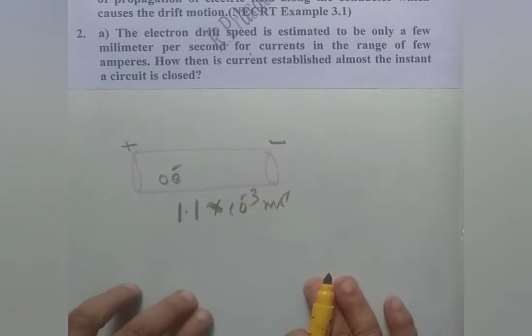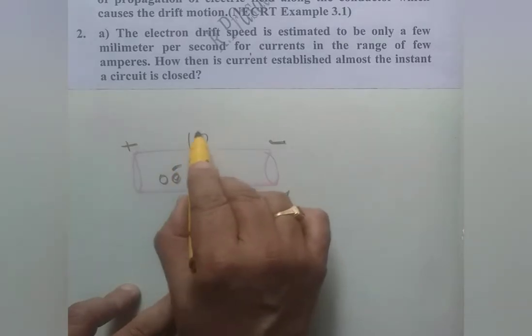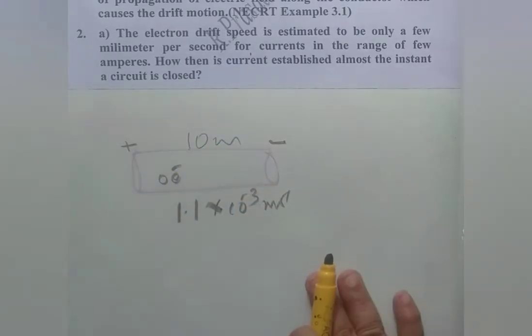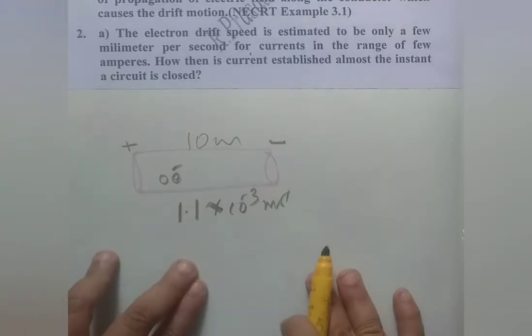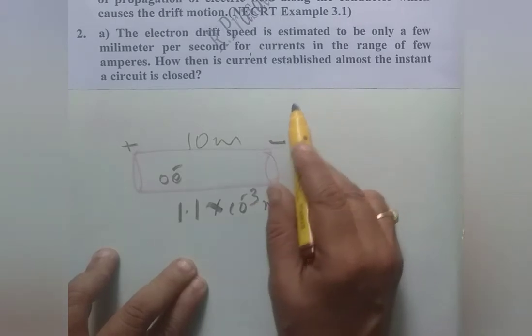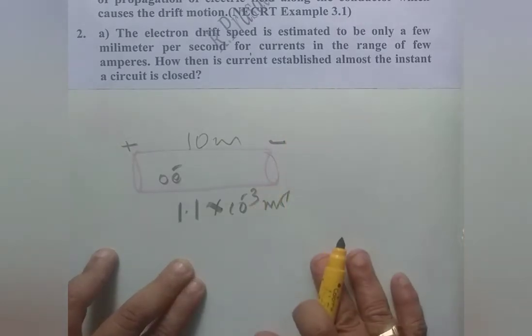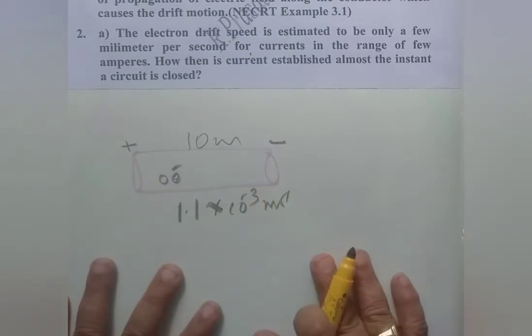Then if we imagine just 10 meters of conductor, as we use hundreds of meters in domestic connections, in 10 meters of wire it takes a lot of time to create the current. But here it is asked how we can establish it almost instantaneously, because observe carefully,